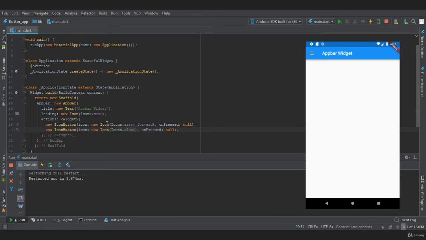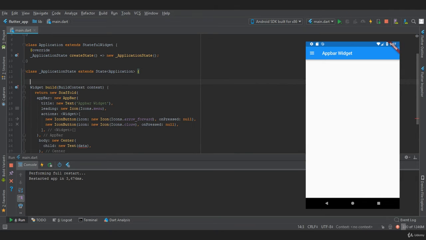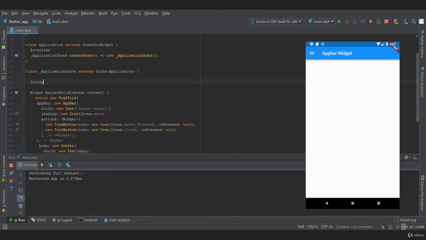Now let's perform some operation on these icons. In this scaffold, we will create a body, and in this body we'll provide a Text in a Center. Where it says data, before that we need to provide a string. So in the class, create a string and provide a variable name, mText is equal to empty, and copy this mText and paste where it says data.